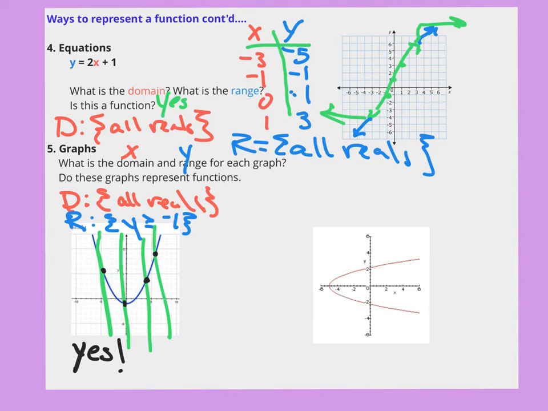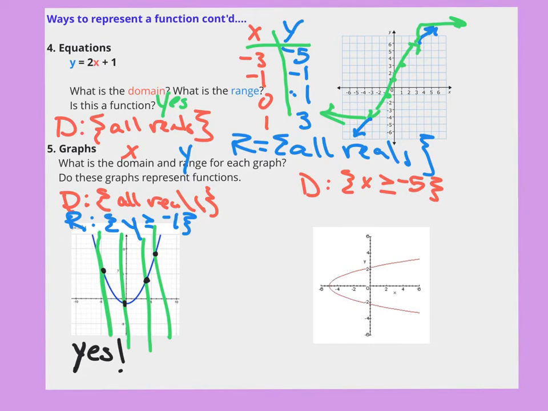positive infinity direction. So I would say that my domain here, I want to do that in red, my domain is going to be x values greater than or equal to, it looks like -5. So that means I'm starting at -5, and I'm going to be going from -5 to positive infinity with my